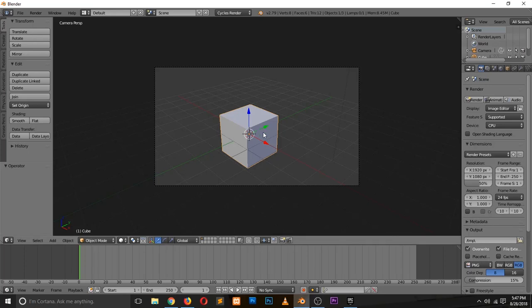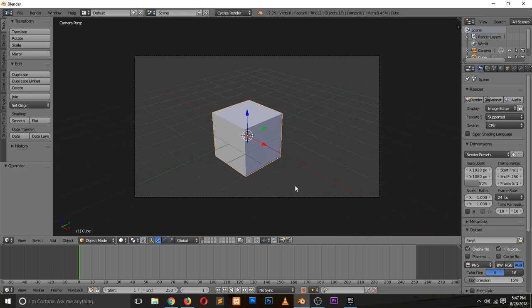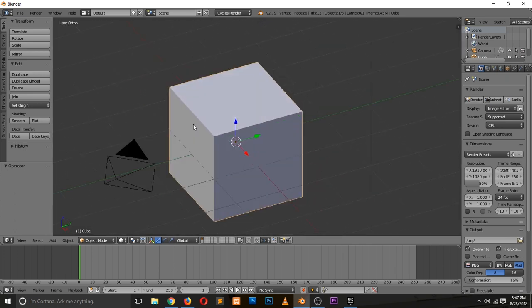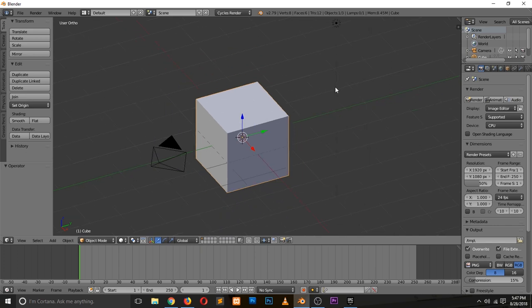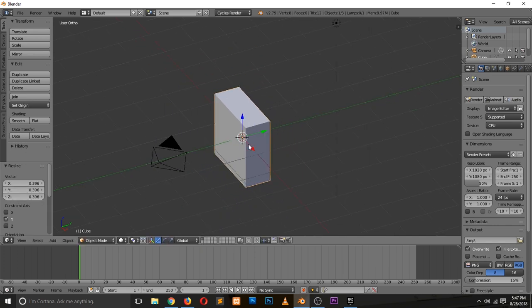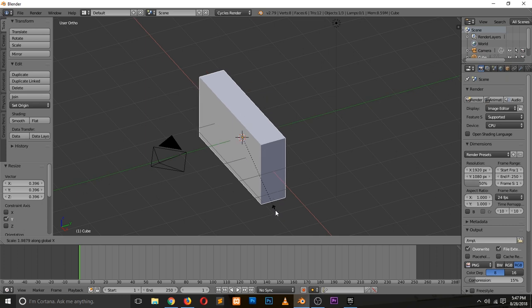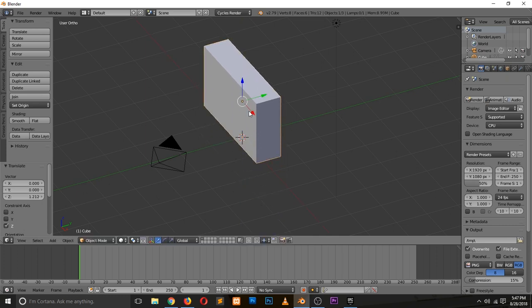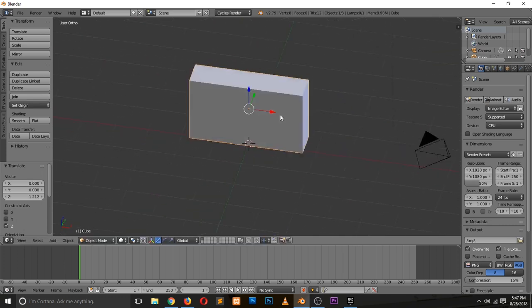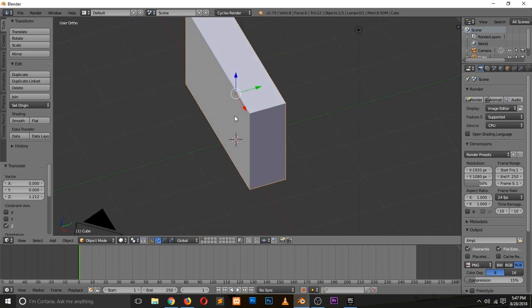So in this video, let us look at how to create a cushion or pillow in Blender. Yes, so we can use the default cube this time. So let's scale it in the y-axis, then in the x-axis. So you want to create a general shape like this, and then what you can do is go to edit mode